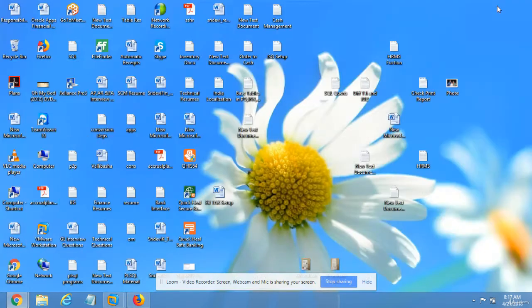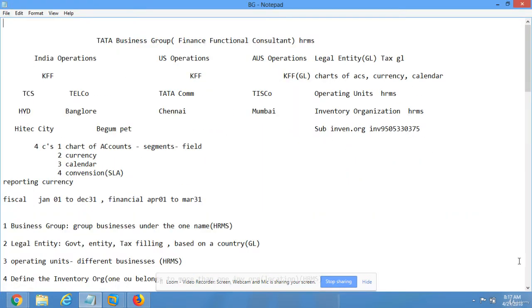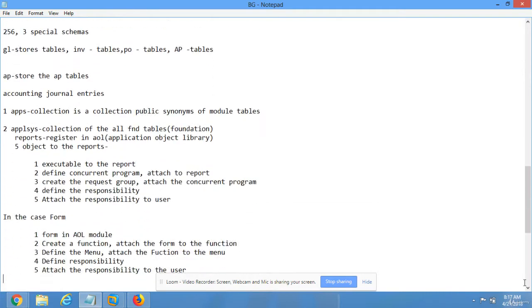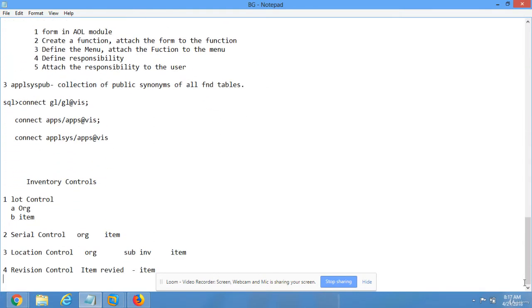These are the 4 item attributes in the inventory module. According to the requirement, we assign the attributes to the items.